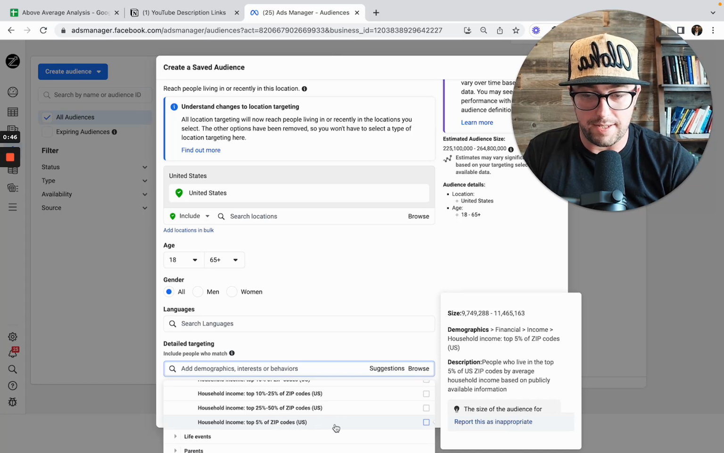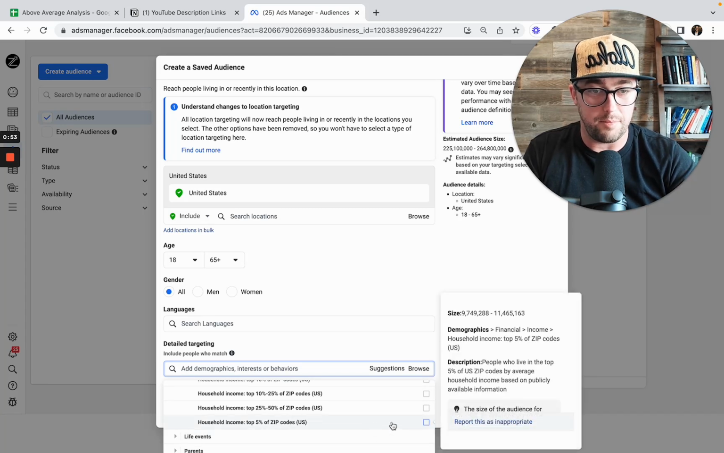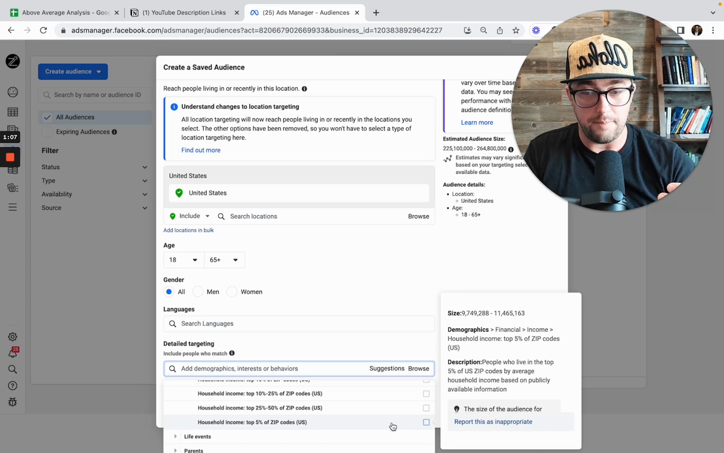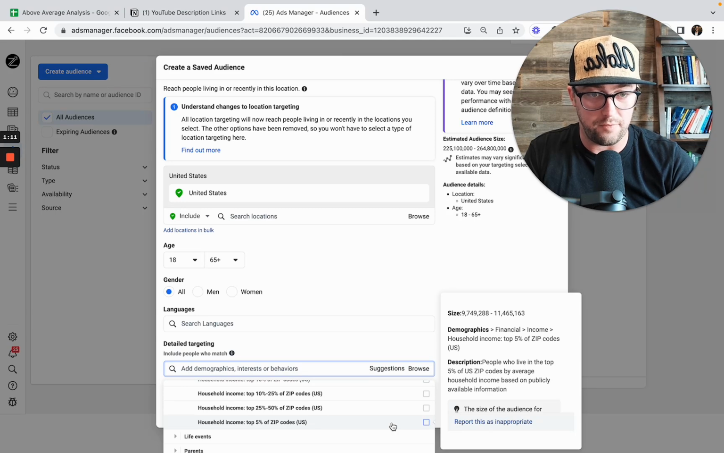So if we're looking at the top 5% of U.S. zip codes, household income, right, this is demographic information. And it used to be that we could target a lot more specifically on income than this, but since new privacy laws, you're just not able to do that anymore. So with these platforms, this is how you would select household income or financial, demographic-based information to target